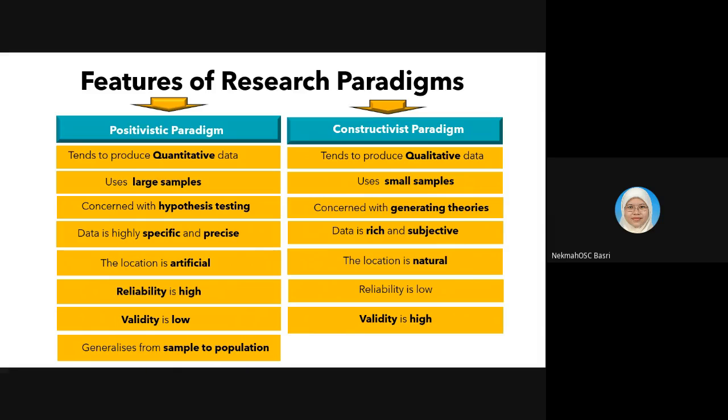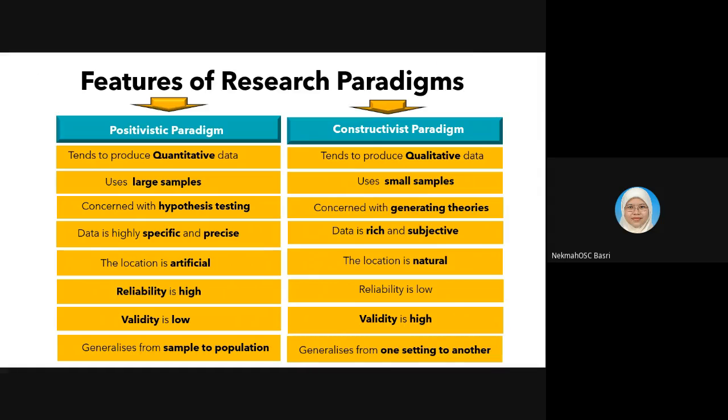And finally, positivism generalizes from the sample to the population, while the constructivist paradigm generalizes from one setting to another. That is why we can see that sample to population is a very large sample, while one to another is a small sample,